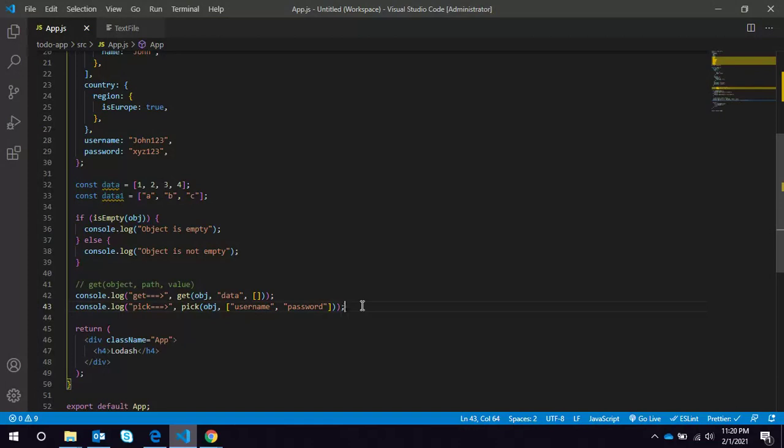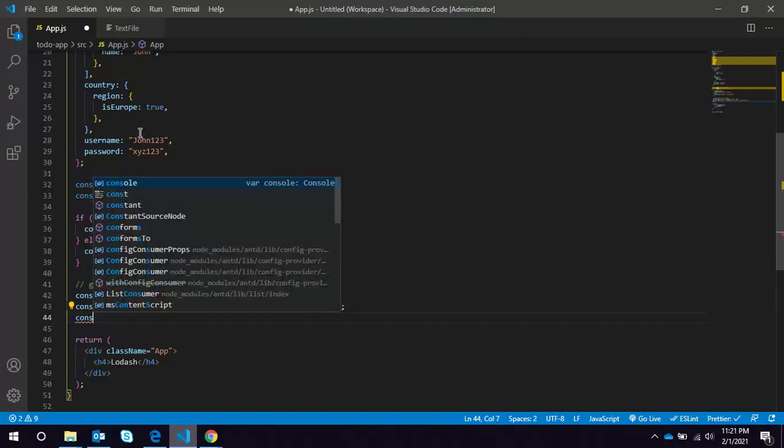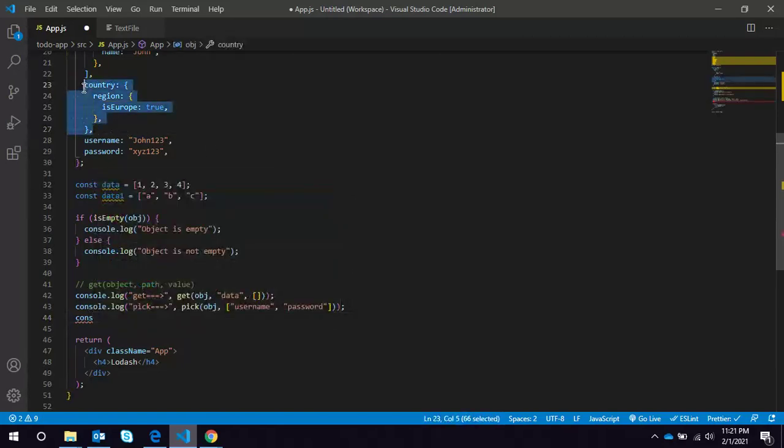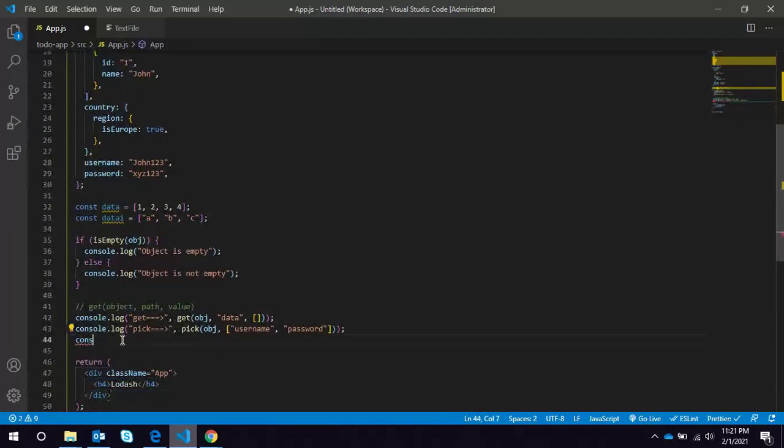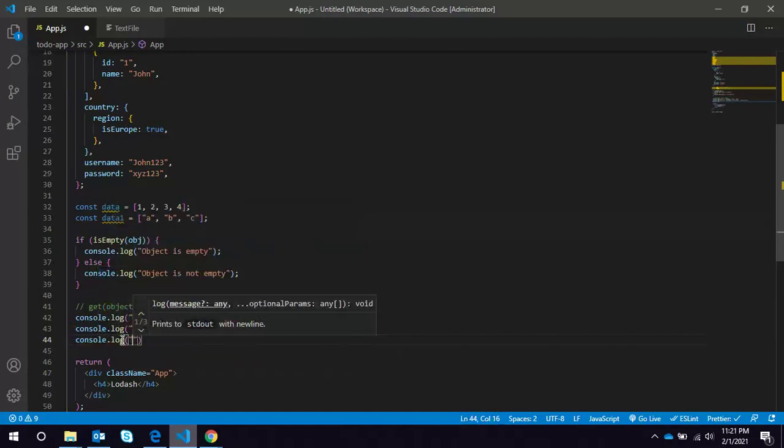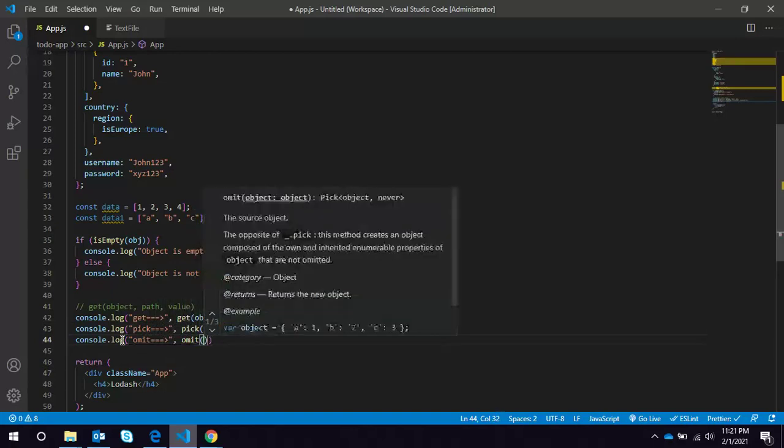Now the other one is omit. Suppose I want the country property to be removed from this entire object. We can use omit.